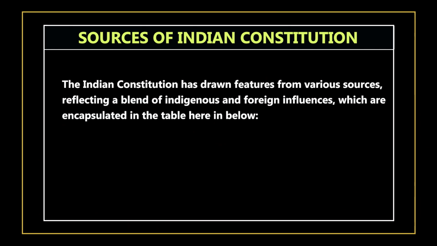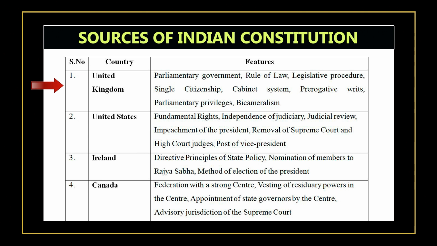The Indian Constitution has drawn features from various sources, reflecting a blend of indigenous and foreign influences, which are encapsulated in the table given below. First is the United Kingdom, and from the United Kingdom we have picked the features of parliamentary government, rule of law and legislative procedure, single citizenship, cabinet system, prerogative writs,